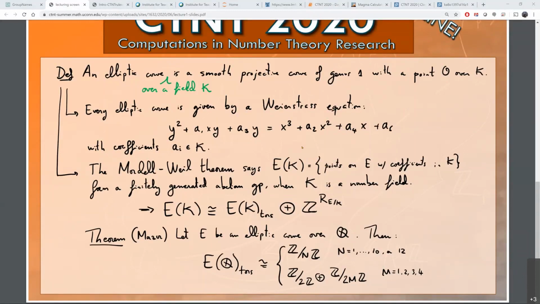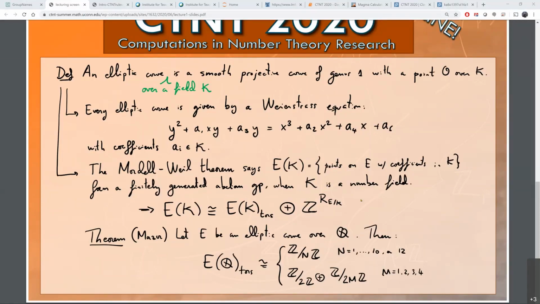And the theorem on the structure of finitely generated abelian groups tells you that the Mordell-Weil group is isomorphic to a direct sum of the torsion part, that is the subgroup generated by points of finite order, which is a finite group, and the integers. So some copies of the integers, and the number of copies is the rank, which we'll call the rank